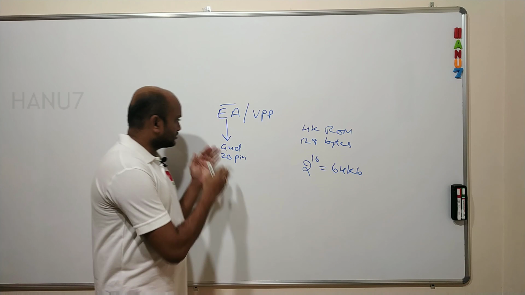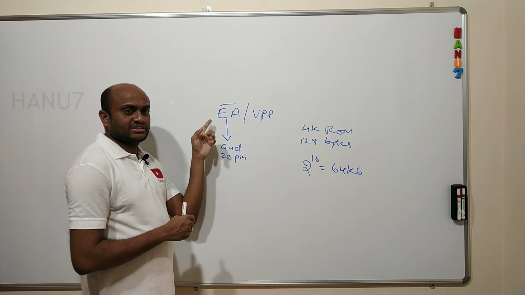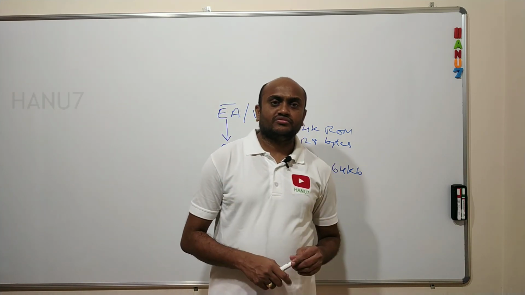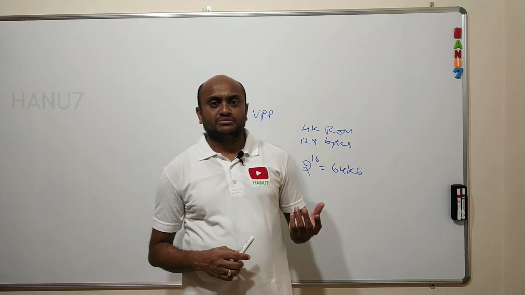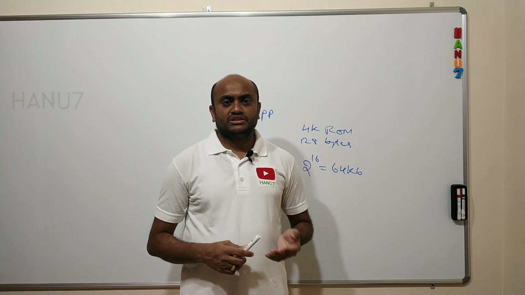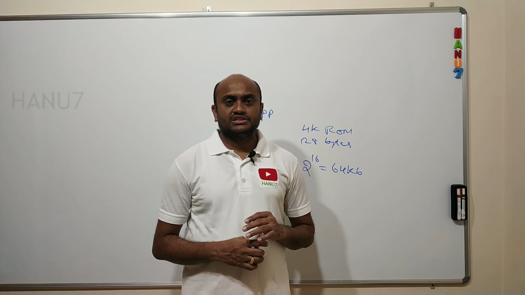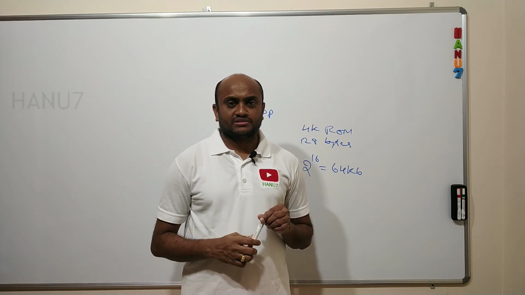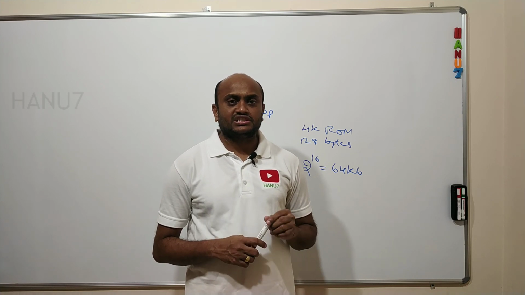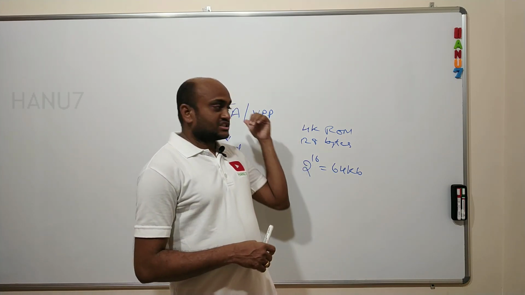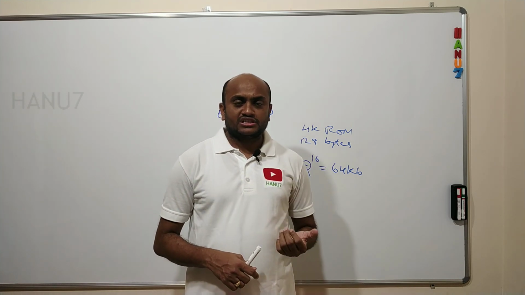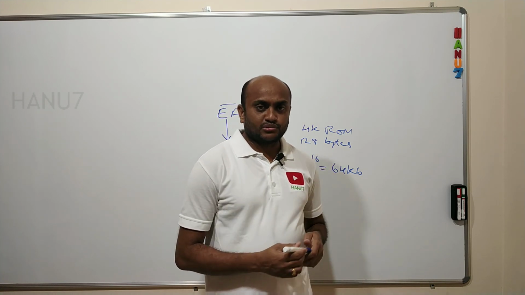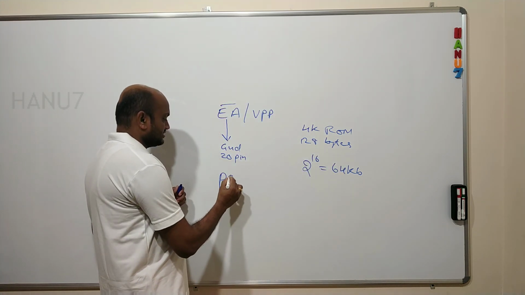If I forget to make this connection, whenever this EA bar pin is not connected to the ground, the microcontroller doesn't know whether the code is in internal or external memory. It doesn't even know that a memory is connected to it. So first it will search the complete internal memory, then it will look at any external memory interface. If this connection is there, it will directly come to know that the code is in the external memory, and from that it will execute the code, provided there is one more connection,